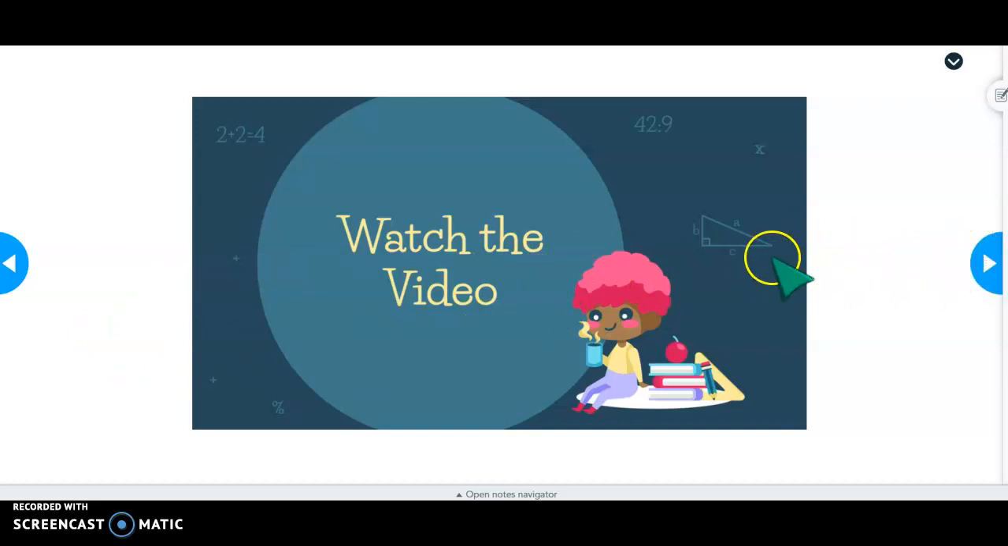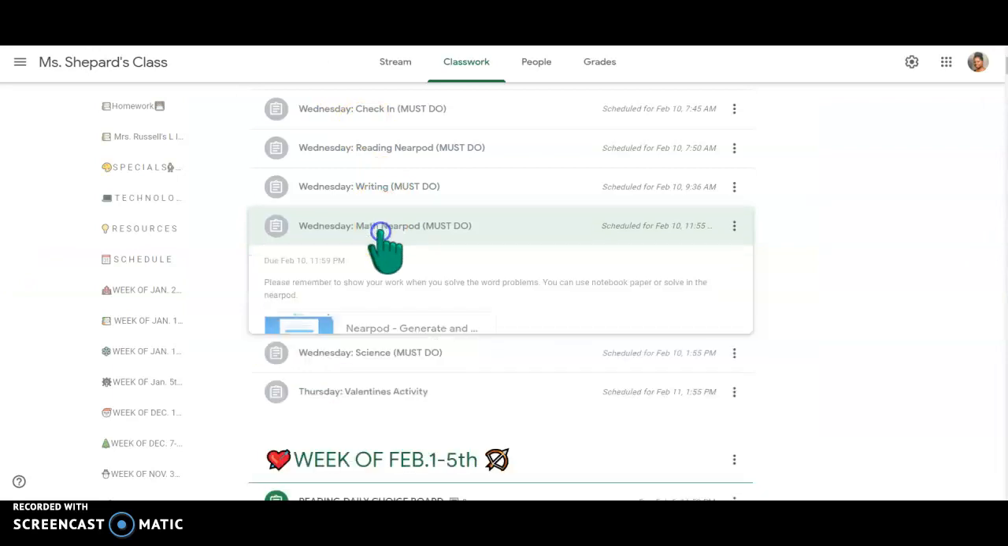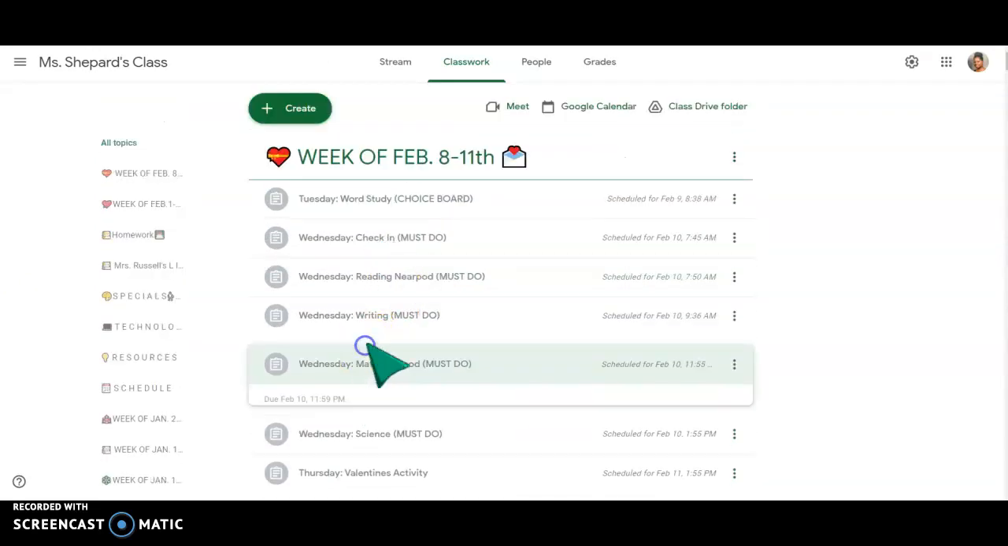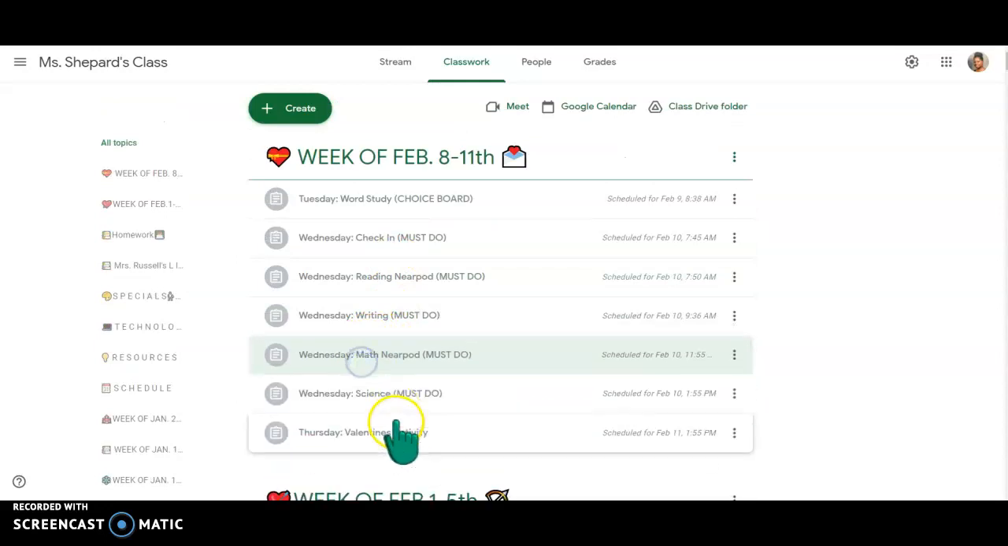Then towards the end you're going to solve each word problem using the number sentence. So you're going to use that number sentence to complete the word problem. Then you're going to solve. Please remember to show your work either in the Nearpod or on a piece of paper, okay? After you've completed that, you're going to turn in your Nearpod assignment,